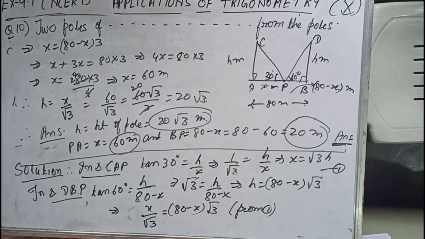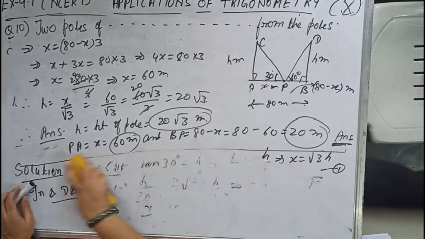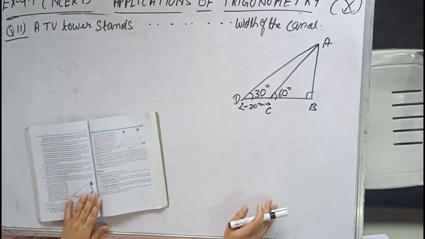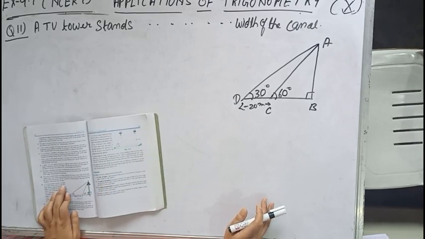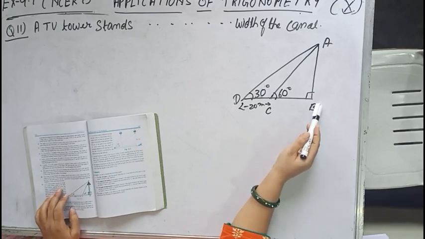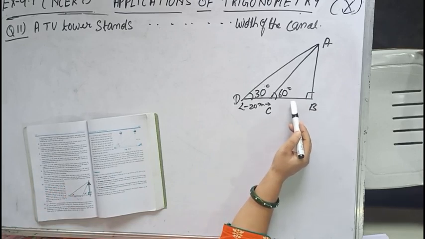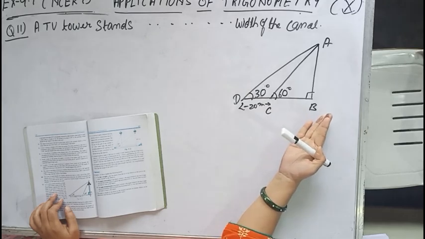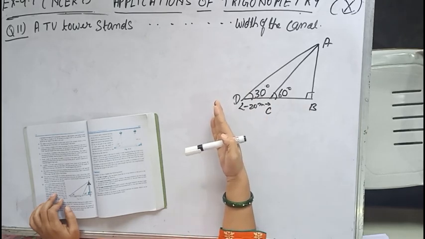Now let us move to question number 11. Question number 11 says that a TV tower stands vertically on a bank of a canal. From a point on the other bank directly opposite to the tower, the angle of elevation of the tower is 60 degrees. So from any point, which is taken just opposite to the tower,